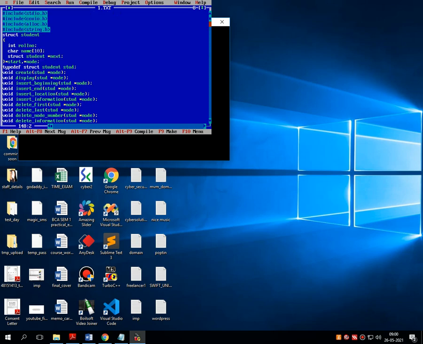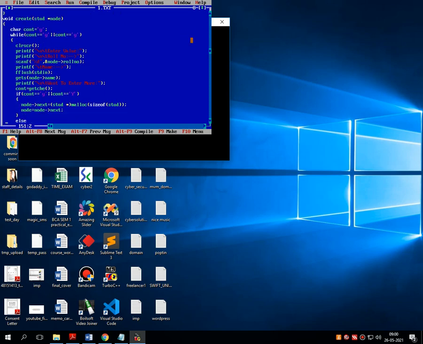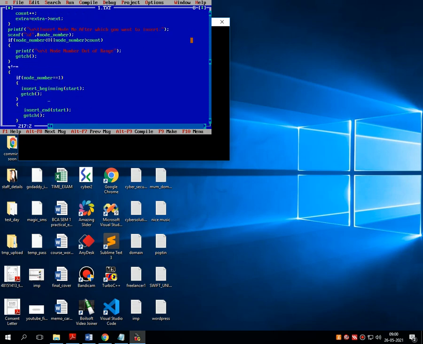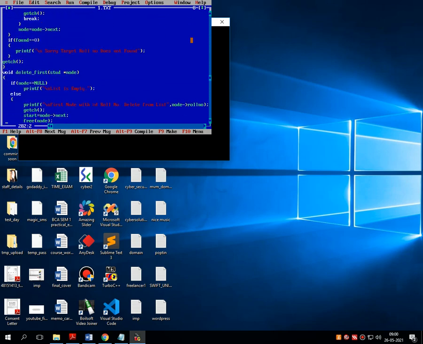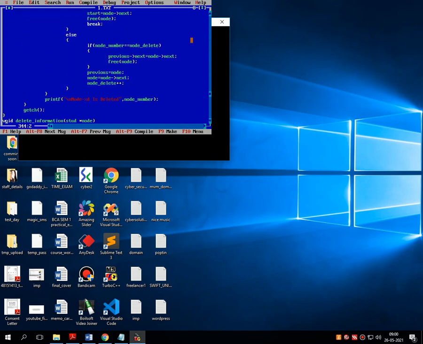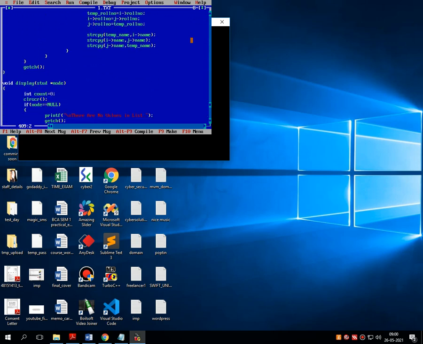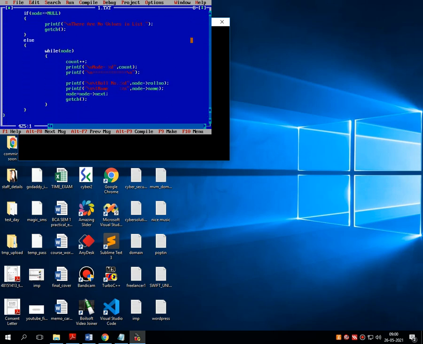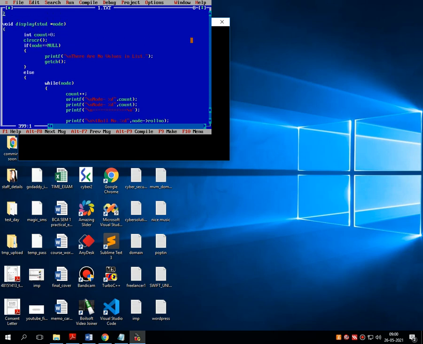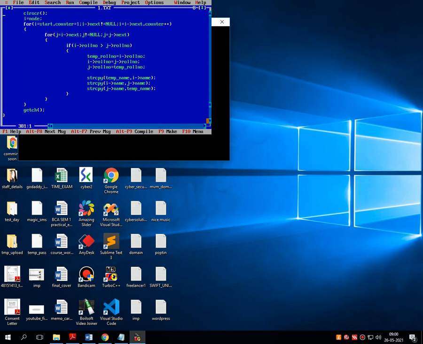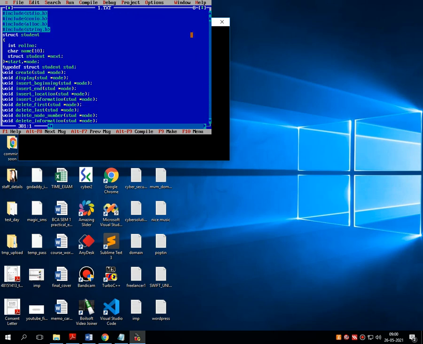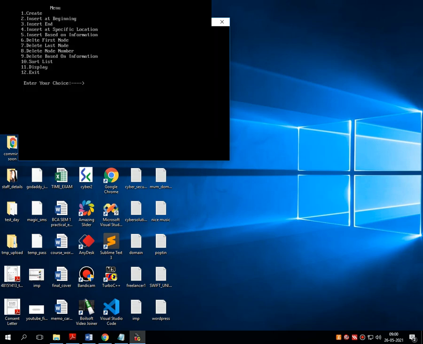The total number of lines I had to write to make this entire program work is about 425 lines. It's a big code. So obviously in the exam, part of this particular code will be asked. Now let's compile it. Let's execute it.